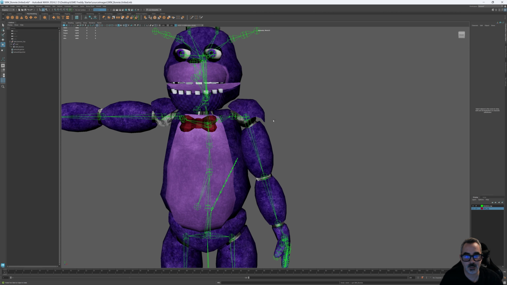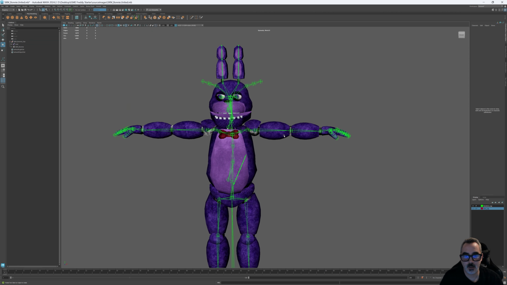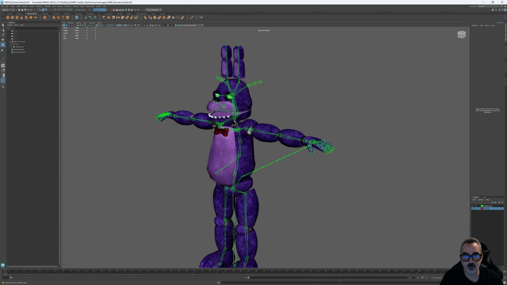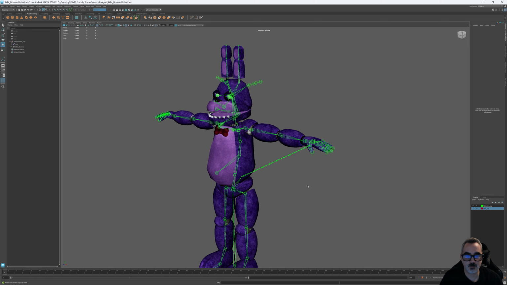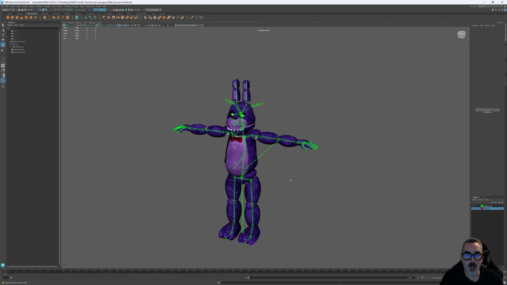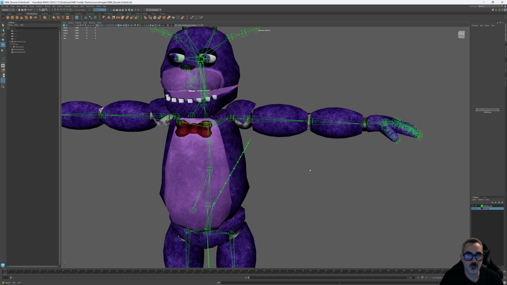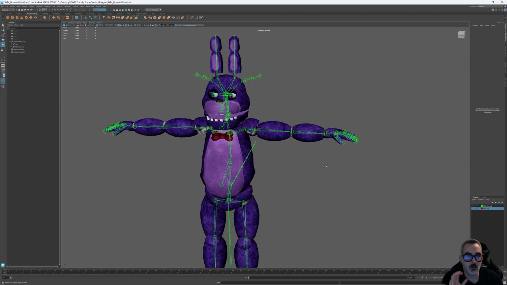It shouldn't be moving like that. So in order to fix that, also, I think the head is going to have some problems. Well, the head came relatively well, but it may have some problems. So what I want to do is, step number 1, try to create all of the paint weights that I generated for